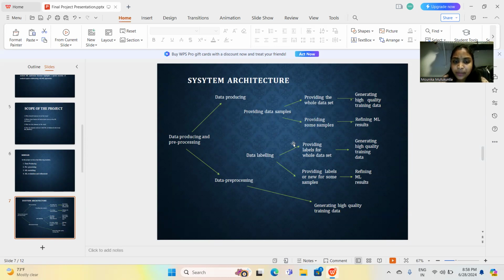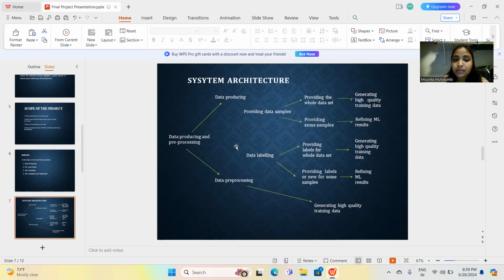Pre-processing data involves cleaning the data and transforming it into a suitable format for training. Human experts are valuable in recognizing and addressing data issues that might not appear in the future processes. Next, machine learning modeling.